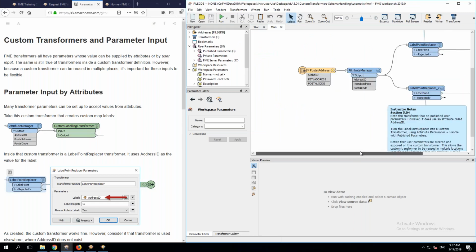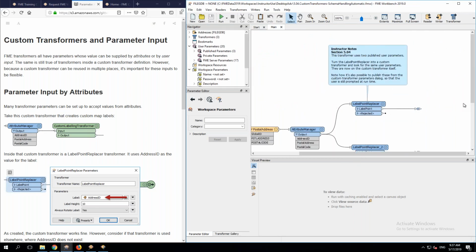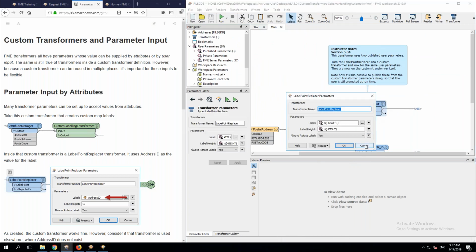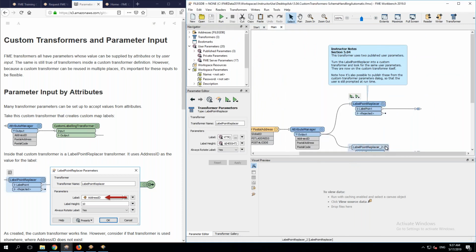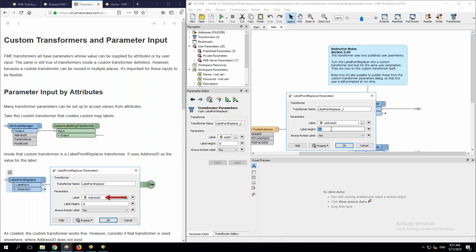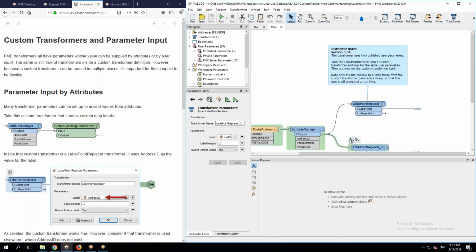Let's have a look at some of these transformers that I've got in here. Like this label point replacer, for example, the height is set by a fixed value, and the label is coming from an address ID attribute. So if I run everything up to that point,